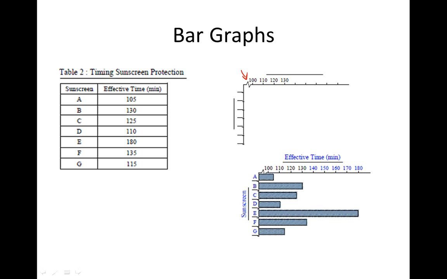This is my almost completed bar graph. As you can see, I've labelled each axis quite clearly. I've finished labelling the scales going up by tens and of course the categories A through to G, and you can see that I've left nice even spaces in between each of those bars. I need to write a heading on here as well, so it might be the length of time that a sunscreen protects us for, or we might just write down at the bottom here